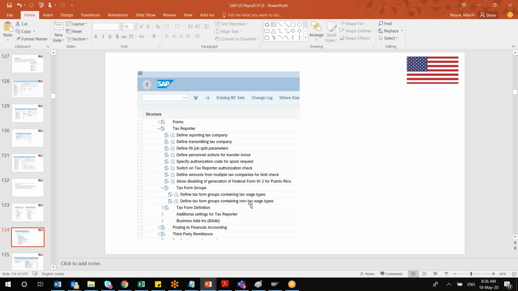There are certain waste types that are taxable, and there are certain waste types that are non-taxable. It is again very much specific to the client, right? It's not universally true for US payroll. Okay. So in those cases, you have to come here in this configuration. You have to just identify what are the taxable waste types and what are the non-taxable waste types, and segregate that. And only that configuration you have to do as an implementation consultant. Or in the future, if any new waste type has been created, as per the requirement, and that is taxable or non-taxable, you have to come here and define those inside the tax grouping. Okay, so that your tax compliance will be fulfilled.